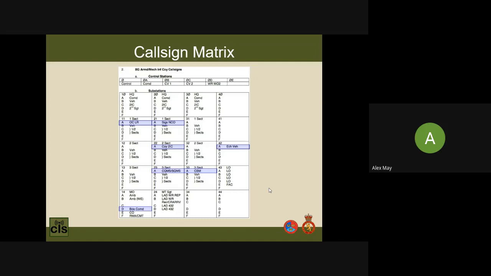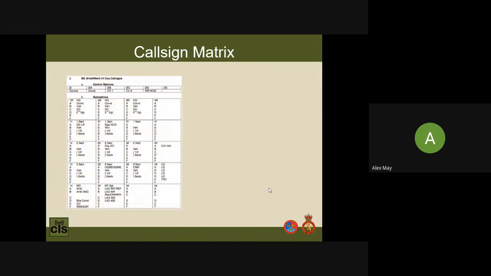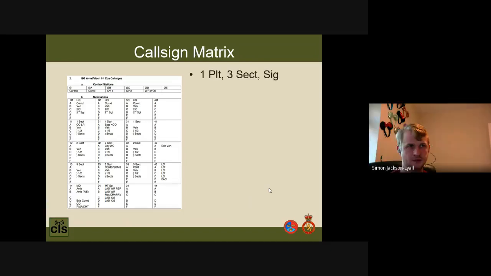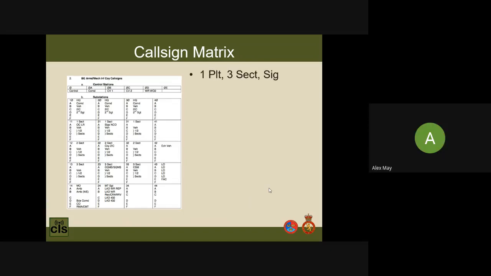And then if you go on to the next slide, it pauses there so you can point out bits. So it then gives you some examples. So, what's this? 1 platoon. If you do another click. 1 platoon, 3 sections. So where would we find that? Click. That would be in 1 platoon. What part of 1 platoon? 3 section. And then we want the signaller. Where's that in that box? It's that one. And then, so it's call sign 1, 3.